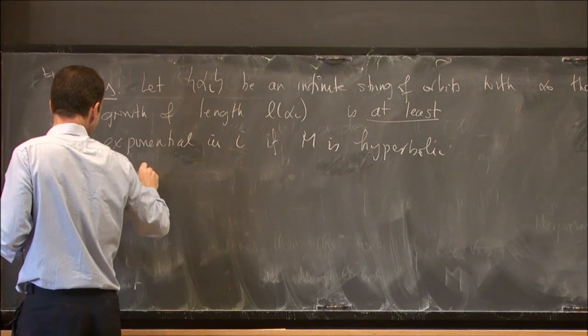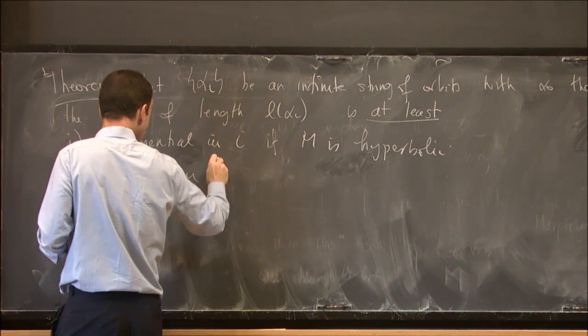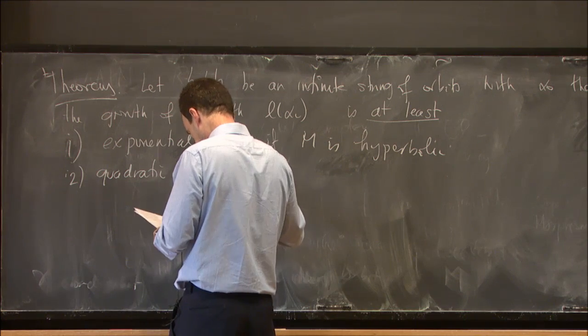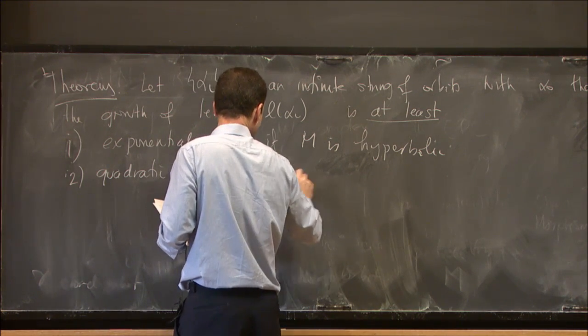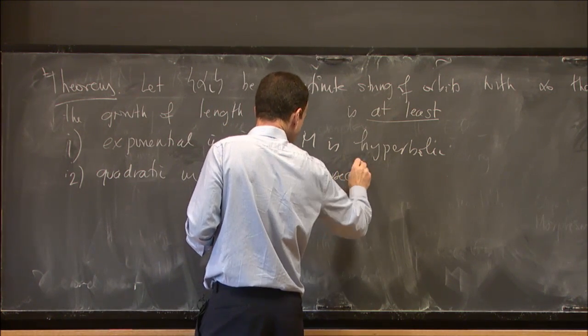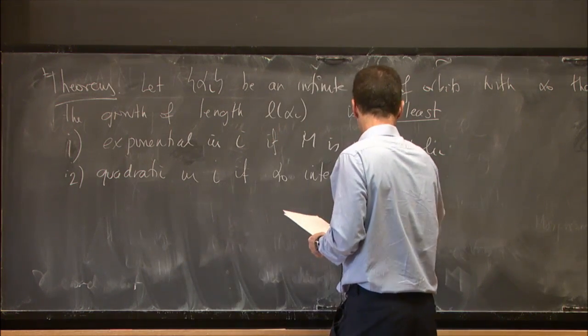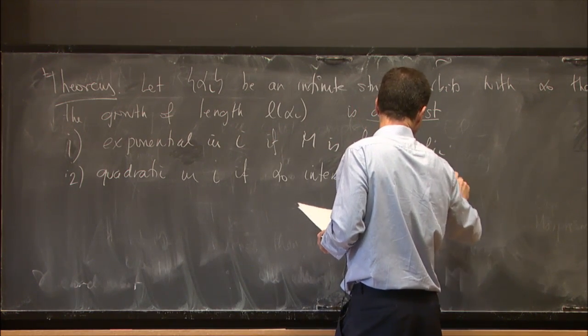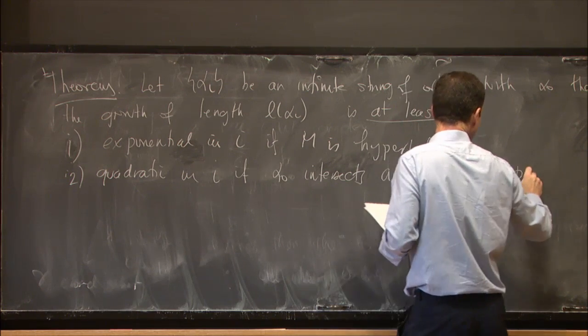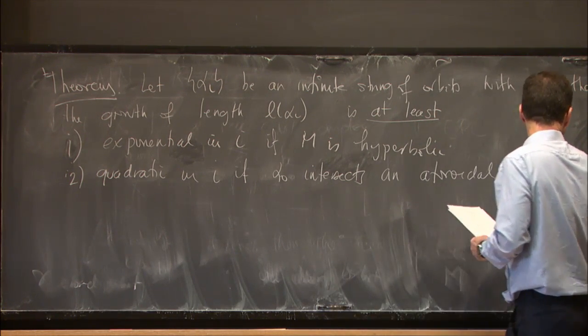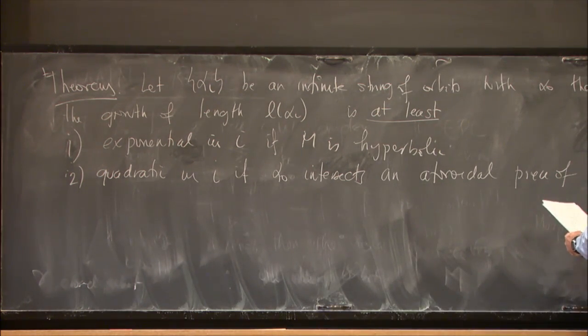Quadratic in i if alpha 0 intersects an atoroidal piece of the JSJ decomposition of M, and